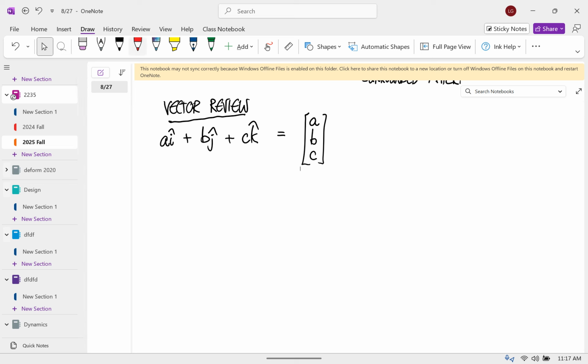Okay, so the top element is always the X component. The second element is always the Y component. And if there is a third element, then that's always the Z component. We're going to do a lot of stuff